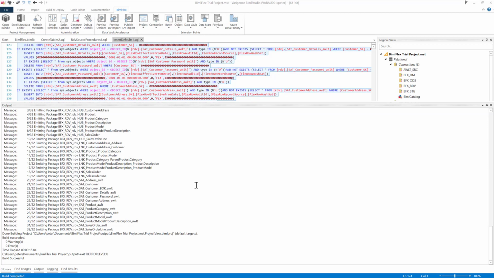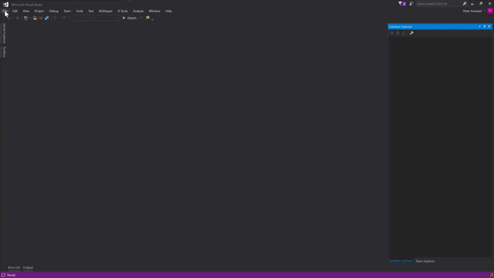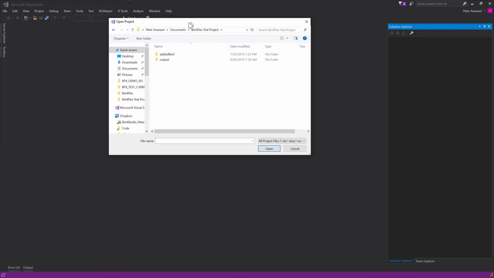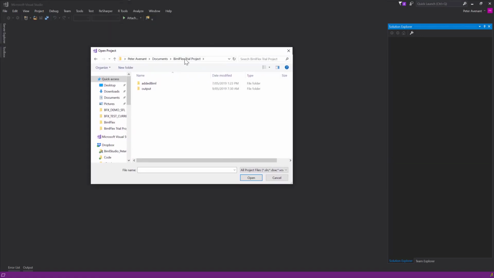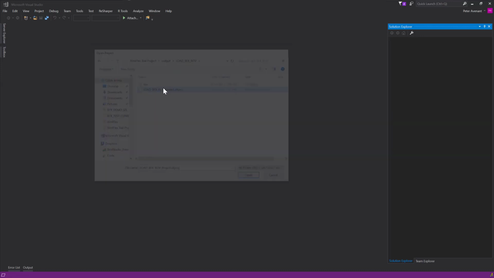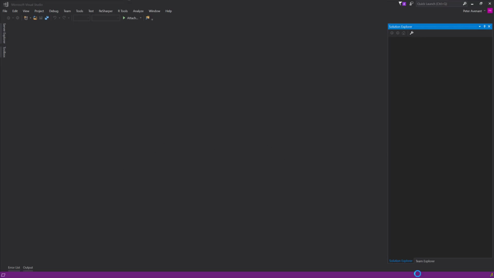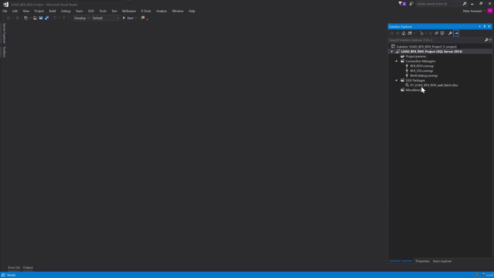All right, the build is completed, and what we'll do now is go into Visual Studio and open those files up, open the solution up, and we can go and build it out. Okay, so when you've built it out, in your trial project, wherever you've put that location, so this is where mine is, there'll be an output folder, and inside of the output folder there's a whole bunch of files, but the ones that we're looking for are the source one and the Data Vault one. The source one will load sources staging, but the Data Vault one is what we're looking for at the moment. And the Data Vault one, as I said, has ELT based stored procedures. If we open that up,